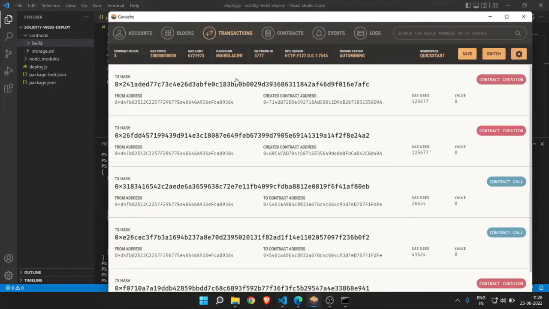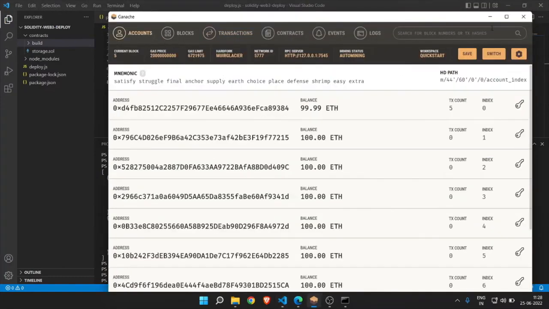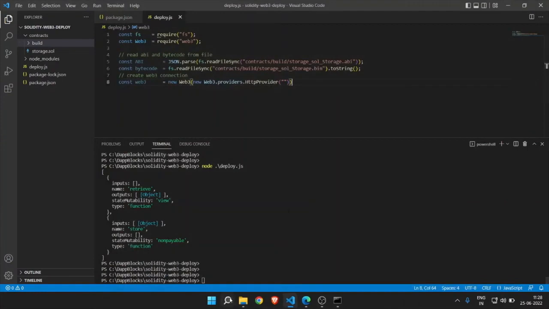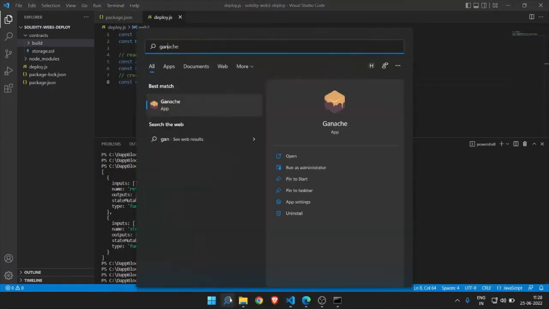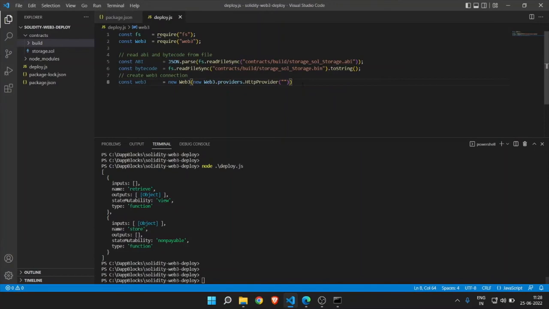We are going to use Ganache. Let's restart Ganache. Here you can use Ganache, or you can use the testnet or the mainnet. Depending on that, you need to provide this http URL. For mainnet